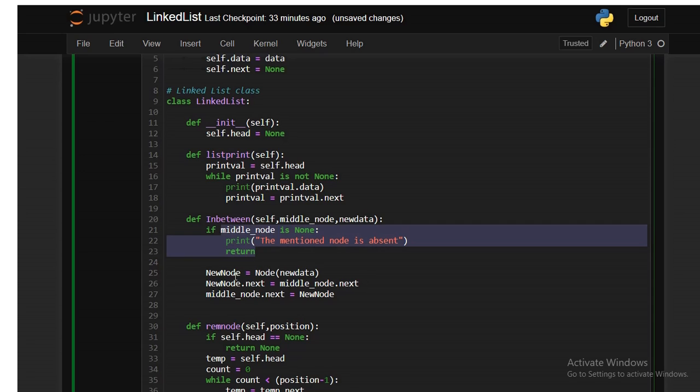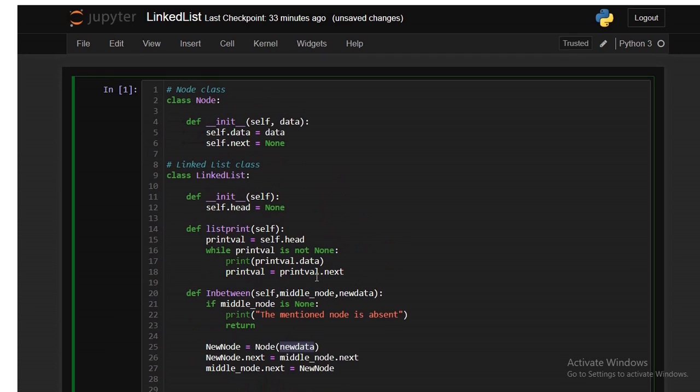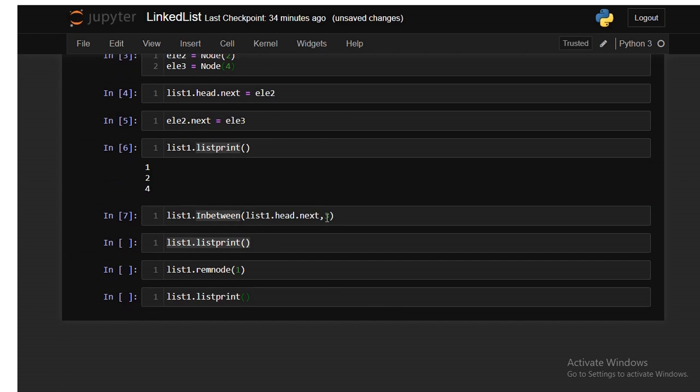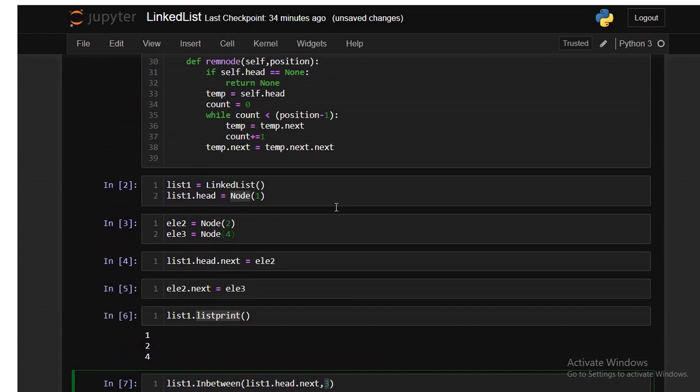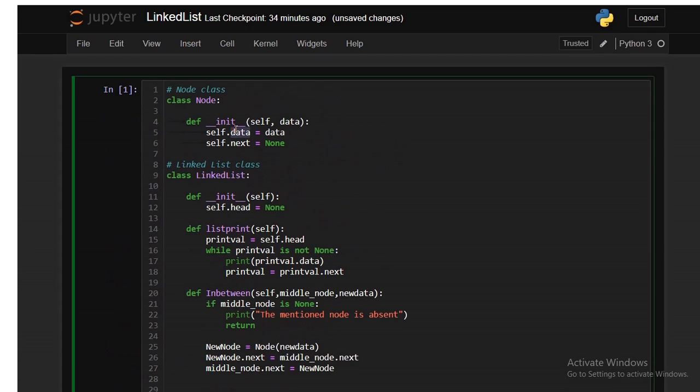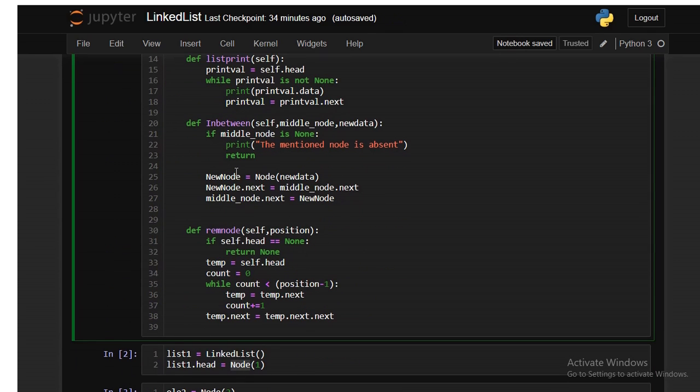Or else if that node is present, then a new node is created using the node class, passing the new data as the argument. That is, as soon as that comes over here, self.data is initialized with the data. That is, this 3 got initialized as data. So now new node is an object of the node class having new data as 3.